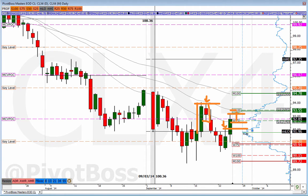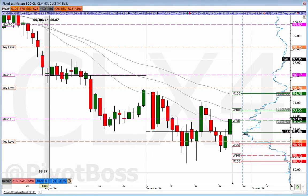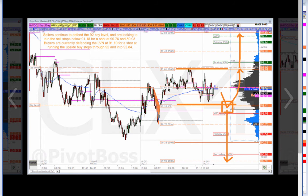And that'll put you at about 92.20s up to 93s. That'll be your trading range, so keep that in mind. Now, if we drop down into the intraday chart for a moment, let's first take a look at the pre-market